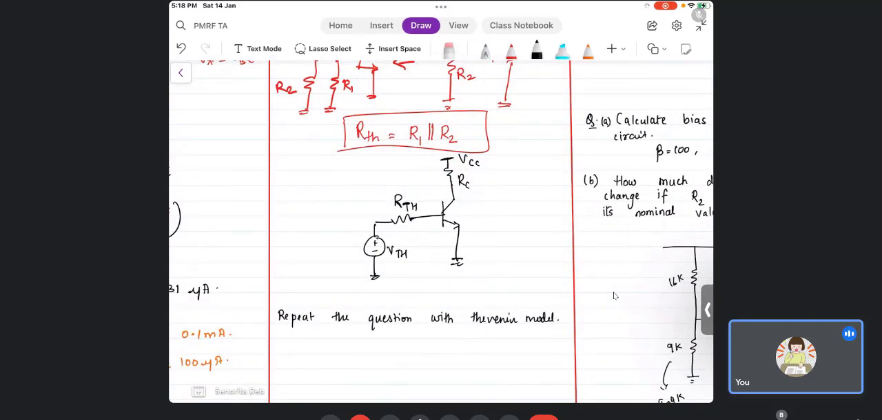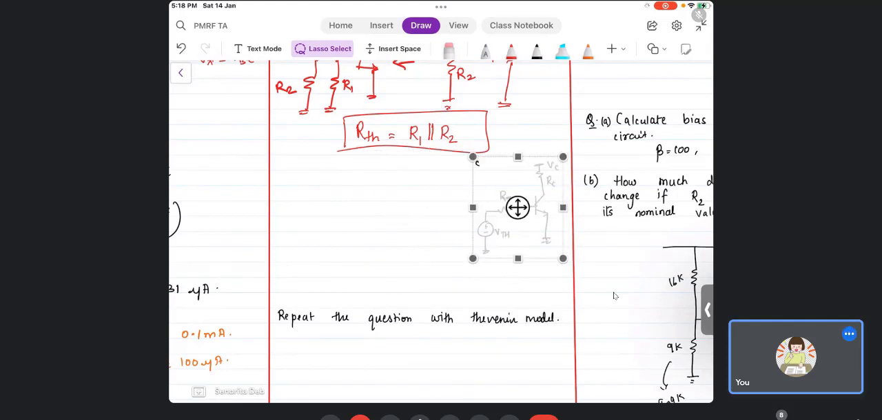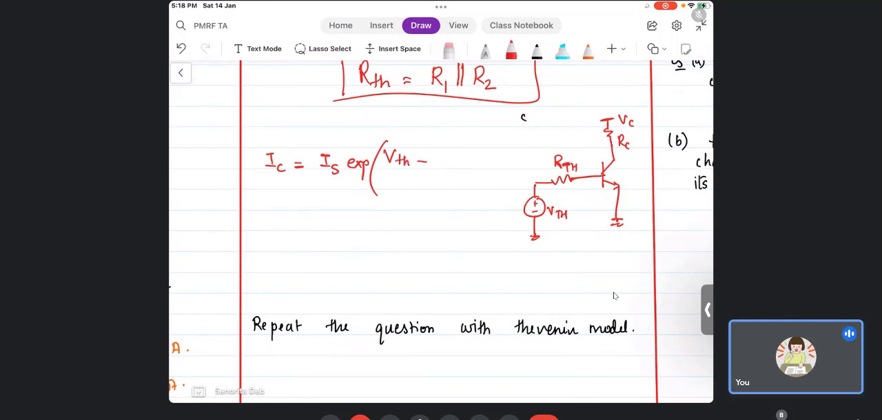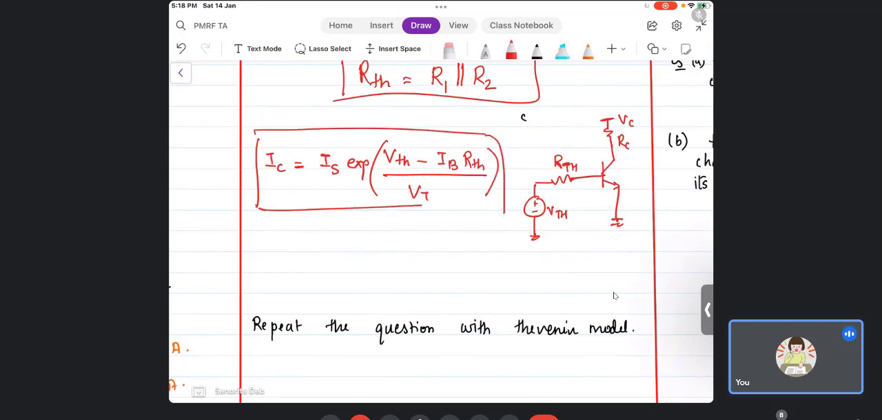So once I have replaced it with this, what will be the value of IC? What will be the equation? IC will be IS exponential of (V Thevenin minus IB R Thevenin) by VT. Now you see that there is an exponential dependence on VTH and RTH, right? And therefore any small variation in VTH or RTH will lead to a bigger variation in IC